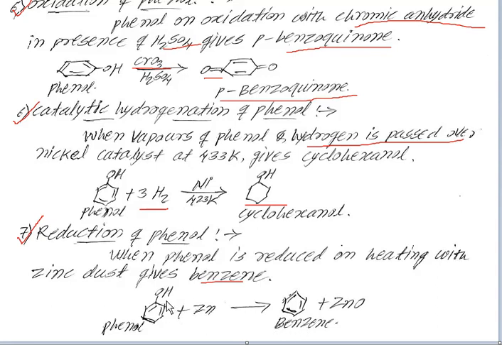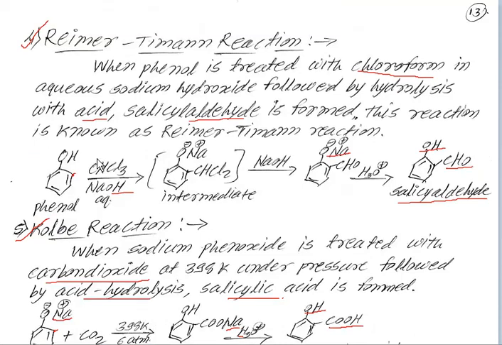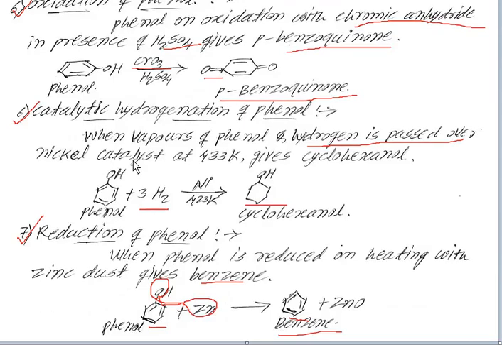In that reaction the oxygen atom is directly attached to the zinc atom, and the remaining hydrogen atom is directly attached to the benzene ring. So the molecular formula of phenol is C6H5OH and the molecular formula of benzene is C6H6. That means one hydrogen is directly bonded with the benzene ring, so we get the formula C6H6, the product benzene. And like that the reactions of phenols are completed.